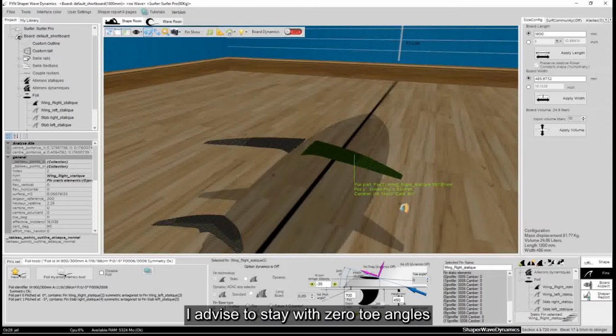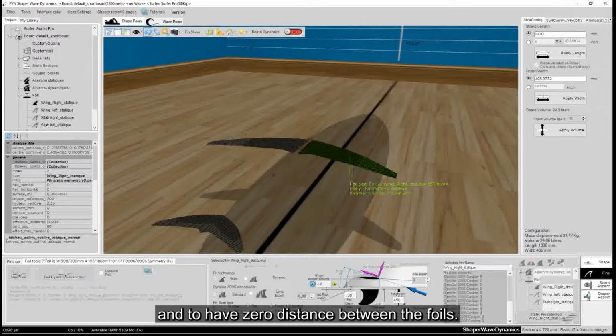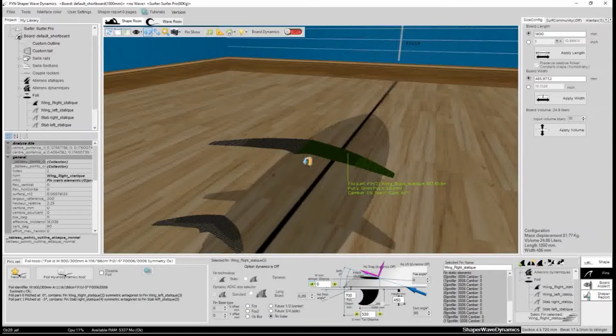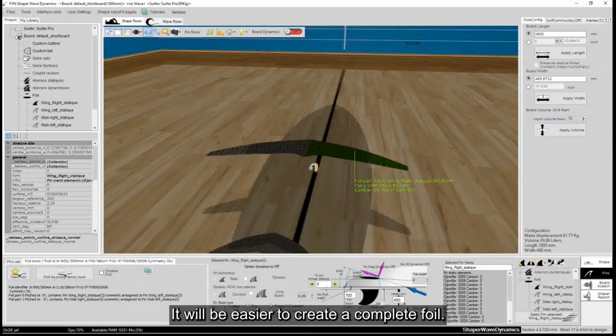I advise to stay with 0 toe angles, and to have 0 distance between the foils. It will be easier to create a complete foil.